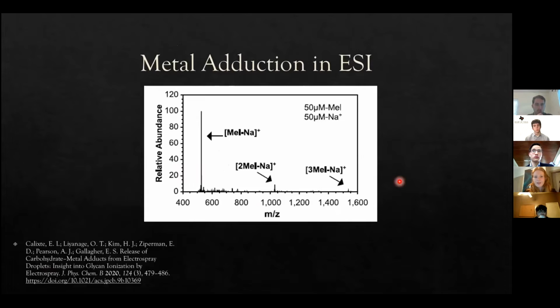So we see that metals are what's charging these sugars during ESI. So other mass spectrometry processes involve either fragmenting the molecules or using other techniques in order to produce ions. So here we're preserving the conformation of these molecules, we're preserving their structures and adducting them to a metal in order to get those mass to charge ratios that we need in order to study mass specs.